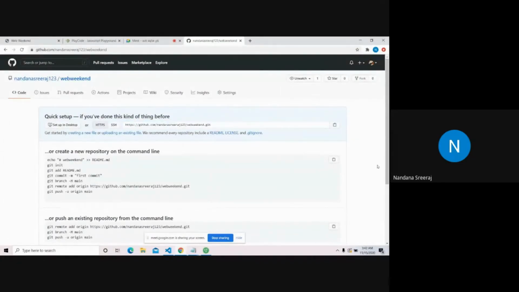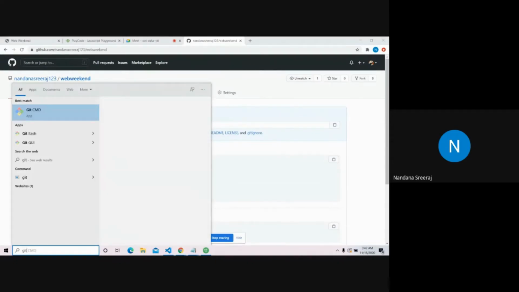Cloning this means we are going to create a local copy, a copy of GitHub on my PC. This is my PC, right? So I am going to create a copy of GitHub on my PC. For that, I'll actually create a folder first.